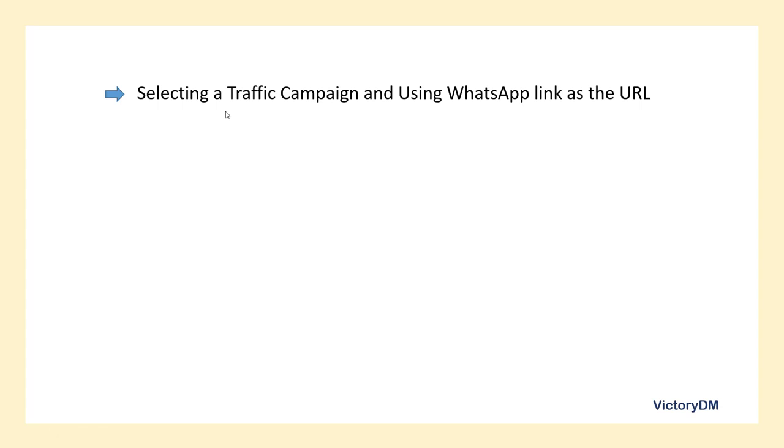So one of those mistakes is you're selecting a traffic campaign and you're using a WhatsApp link as the URL, right? If you don't understand what I said here, don't worry, it means you're not making this mistake. But those persons that are making this mistake, they already know what I'm talking about, right? So a traffic campaign is used to send traffic to a website, like you're trying to run ads to a website, so you use a traffic campaign, right? So instead of putting the link to your website, you now put your WhatsApp link there, right? So once they click on the link, you're expecting them to come to WhatsApp and chat you up.